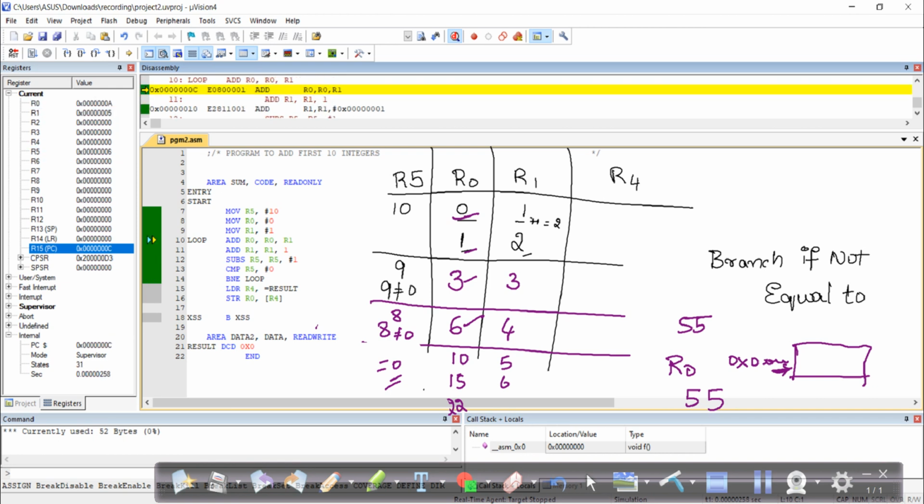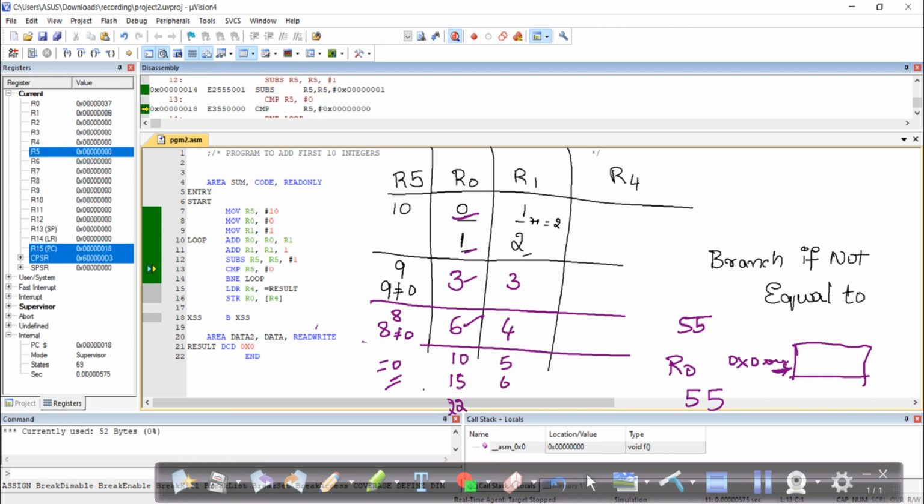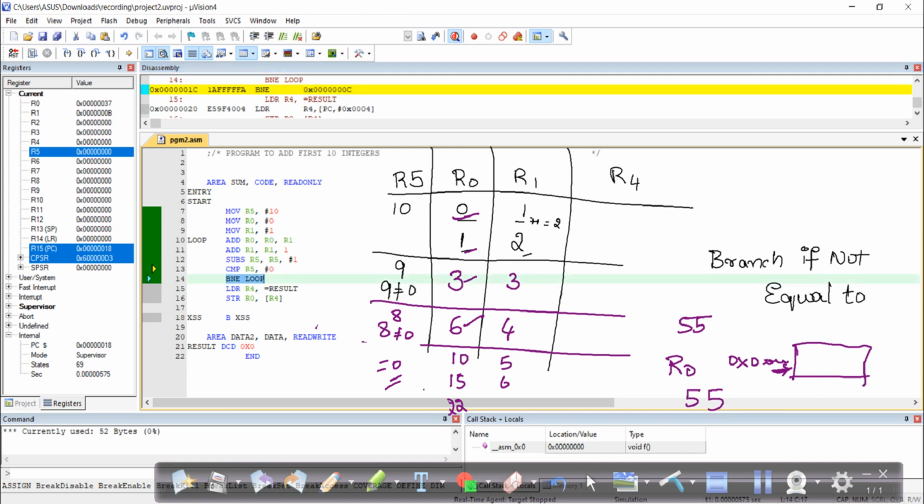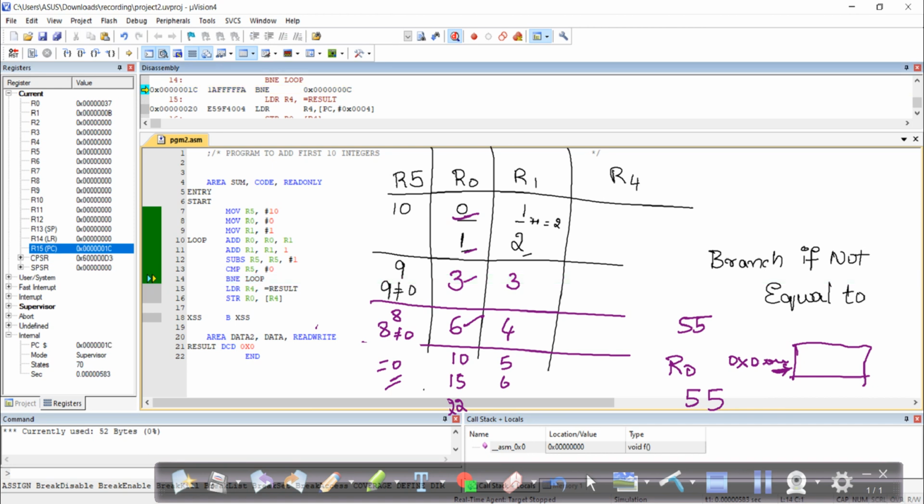It has become 6, then 5, 4, 3, 2, 1 and 0. Now your R5 is equal to 0. So your next instruction BNE loop will not be executed. I'll again press F11 so that your R4 will be getting your resultant value.